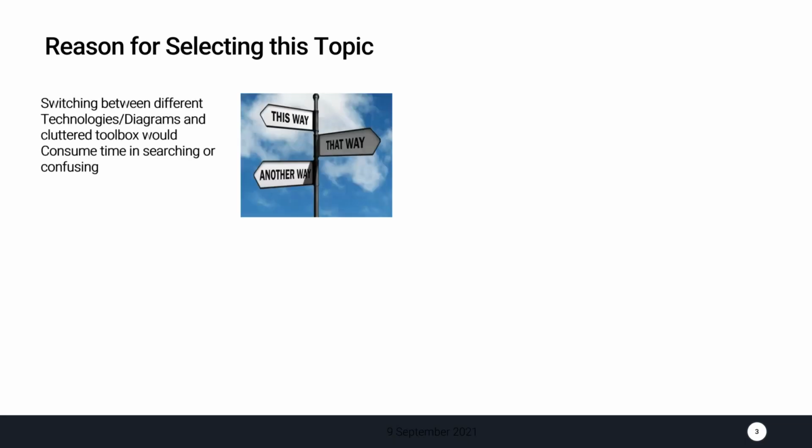The major reason for me to choose these topics for the day is to overcome some of the common pain points faced by EA users while modeling or analyzing their data in Sparx EA. Personally, when I'm working in EA, I get annoyed having to switch between a huge number of toolsets to create different entities from different toolboxes, and it applies to the diagrams and the technologies as well.